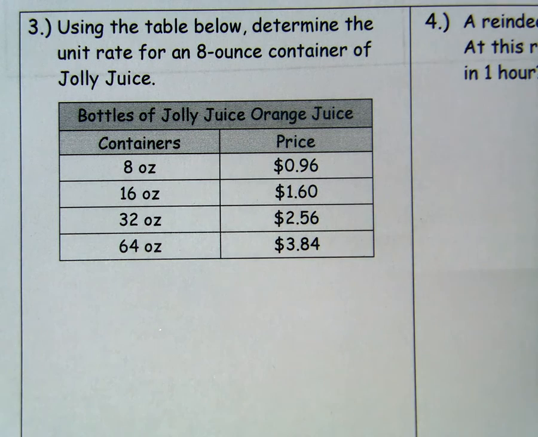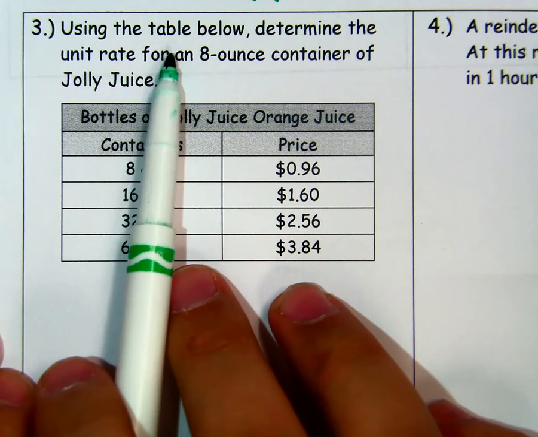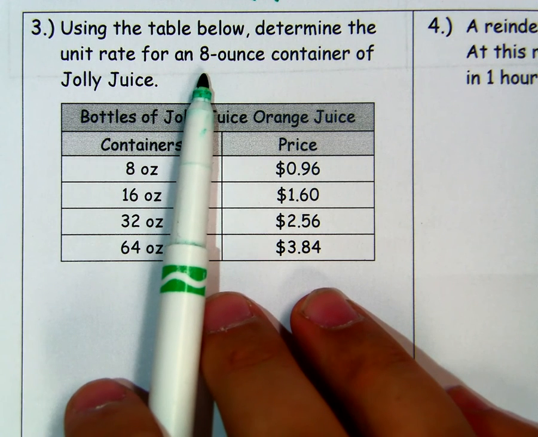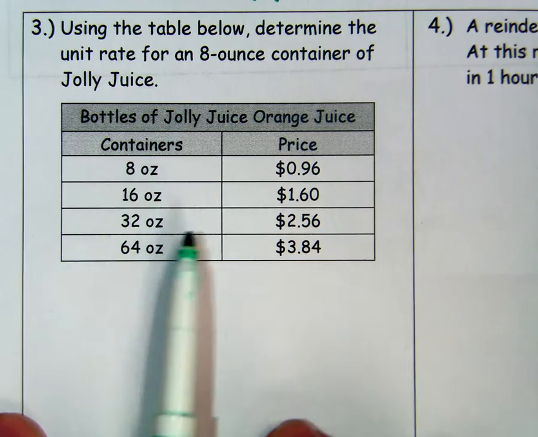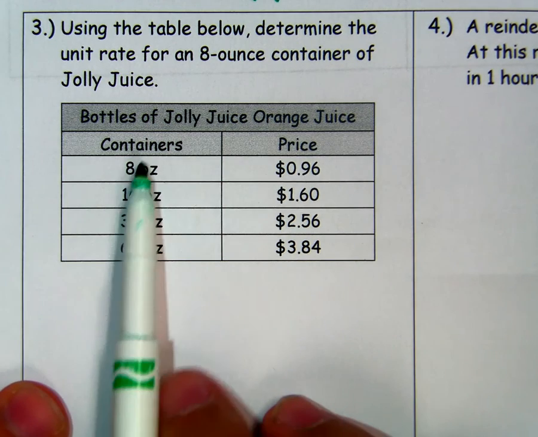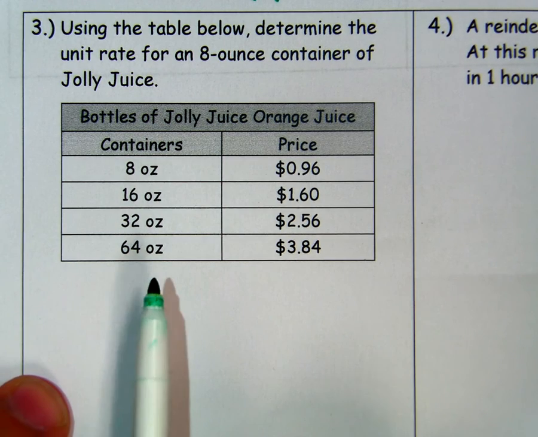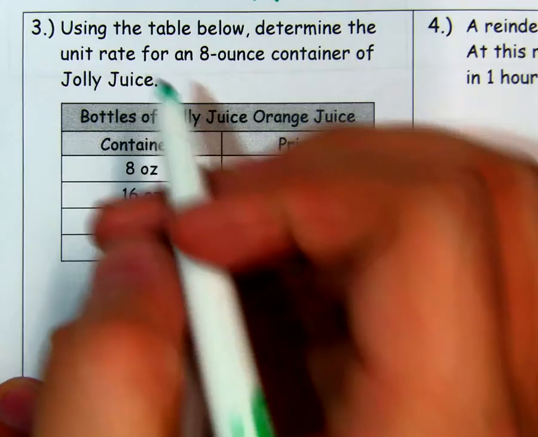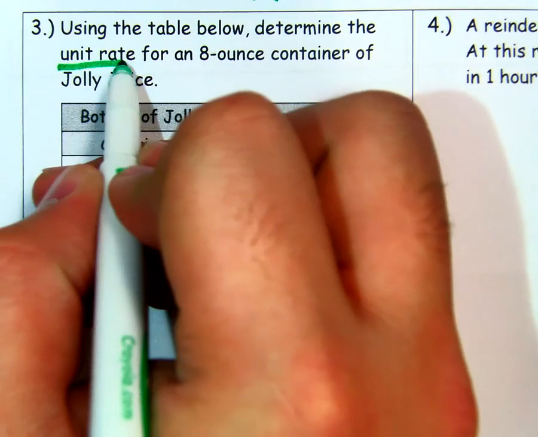Alright, now we're going to jump into Tuesday's homework. For number 3 on your homework, it says that using the table below, determine the unit rate for an 8-ounce container of Jolly Juice. And our table here gives you different size containers for your Jolly Juice and the price that goes along with it. Now, just to review what a unit rate is, this unit rate here